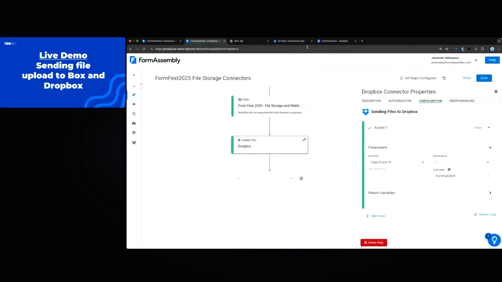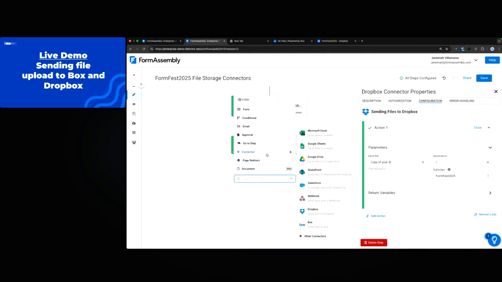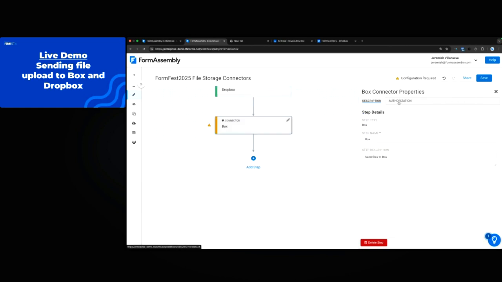So yeah, let's use this same Box account to authenticate a Box connector. And like I mentioned, we can have multiple file storage connectors in one workflow. So below the Dropbox connector, I just need to add a new connector and then choose Box. And pretty much the same thing that we did for the Dropbox connector. After adding the Box connector, go to the authorization tab,